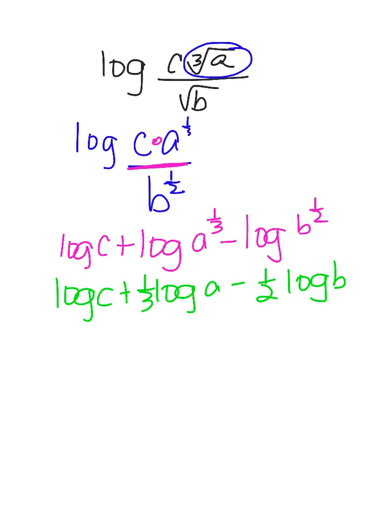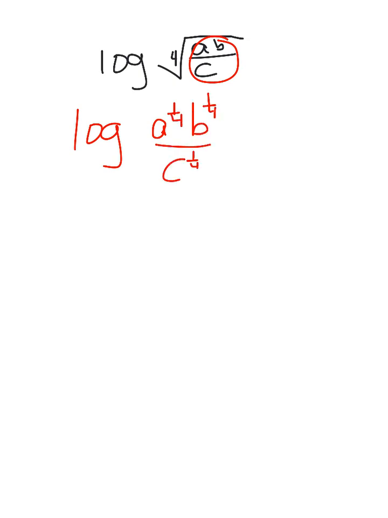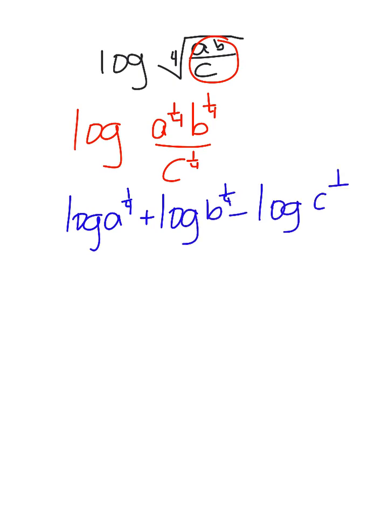All right, so let's take a look at C. Okay, so C is log the 4th root of AB divided by C. Now, this whole thing is underneath the 4th root. So I'm going to change them all to a fractional exponent. So it's A to the 1/4, B to the 1/4, divided by C to the 1/4. So I have log A to the 1/4 plus log B to the 1/4 minus log C to the 1/4. All the exponents go in front, so it's 1/4 log A plus 1/4 log B